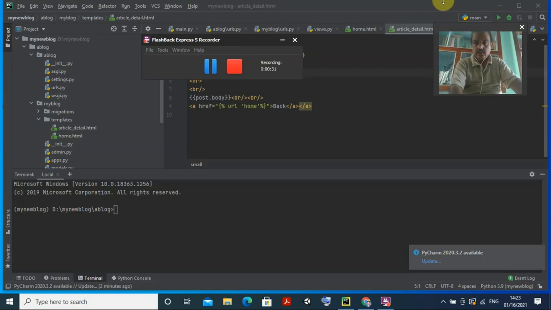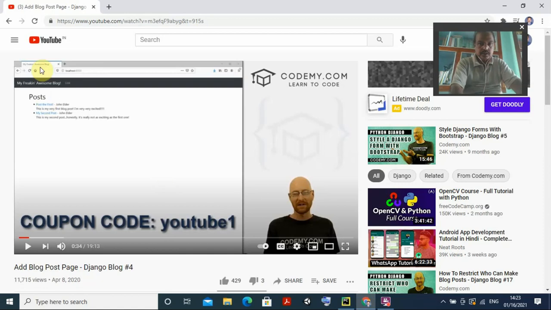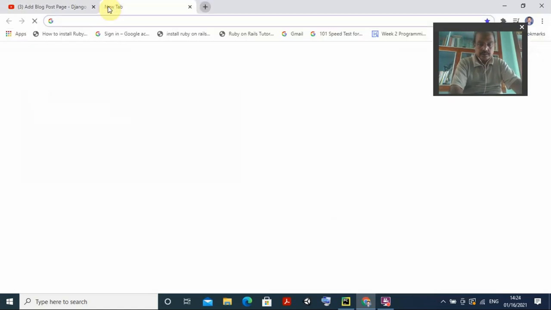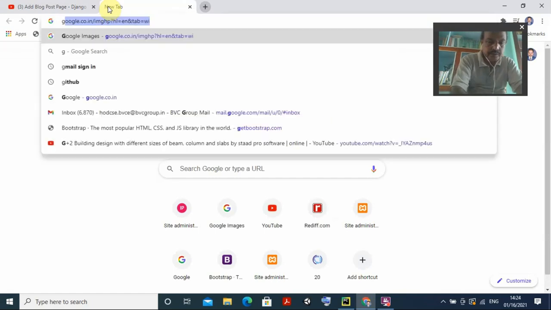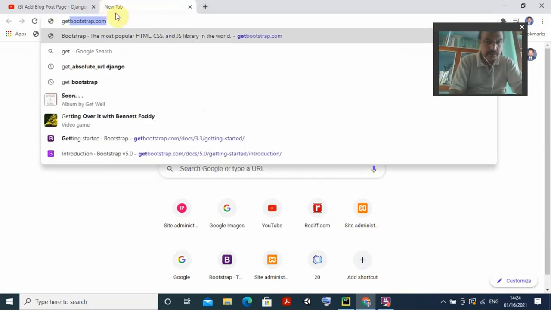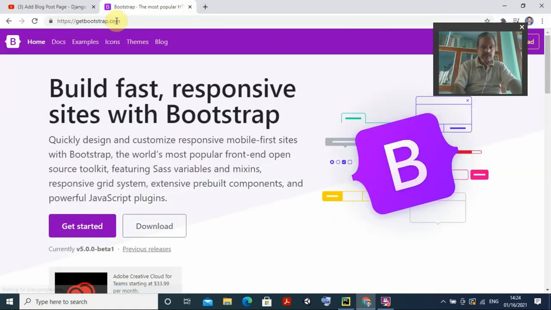Okay, so for this, what we need to do is just open any browser. In this browser, just type getbootstrap.com. Okay, so type getbootstrap.com, it is coming here. So enter, and once it is coming, now we can see some templates, we can see some coding. Directly we can use it according to our requirement, right? So then you go to the documents here.